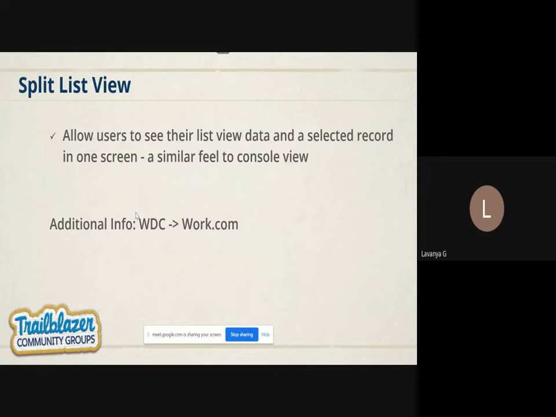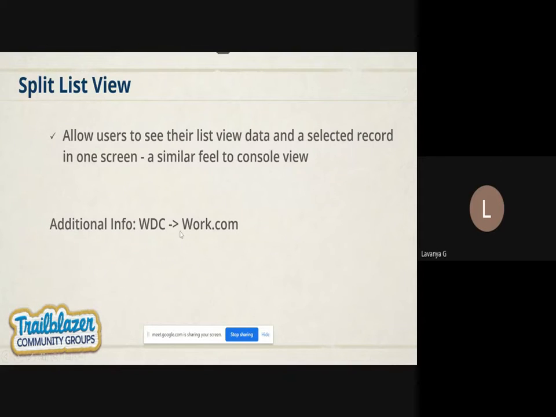There are a lot of third-party applications supporting work.com right now to help organizations reopen the company, and also with the help of work.com, they can check their employee health, they can do shift management and so on. There are a lot of third-party applications supporting work.com. You can find them in the AppExchange.